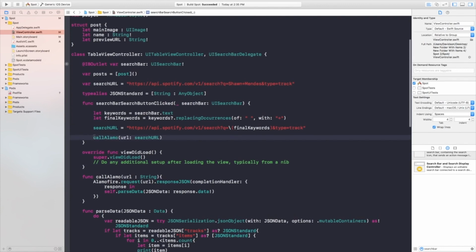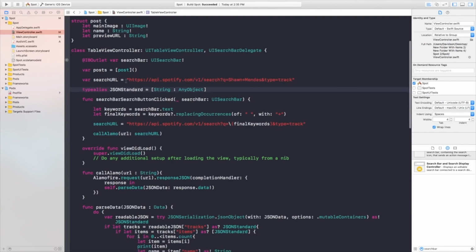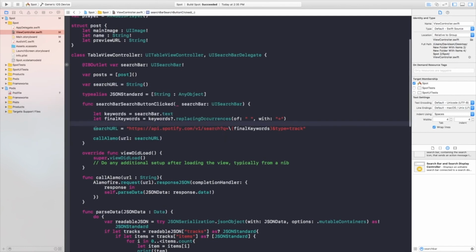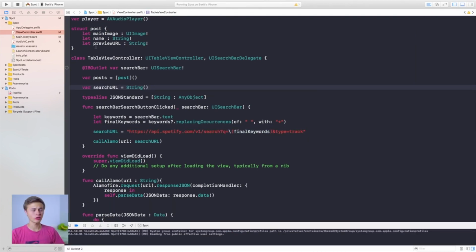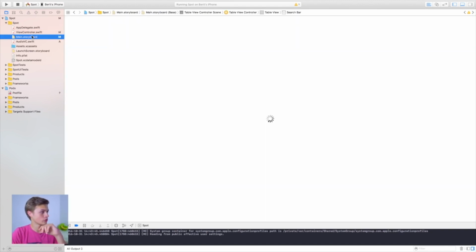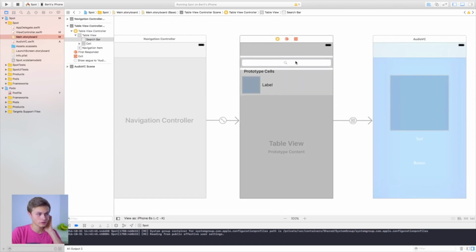that search bar button. Now up here with our search URL, I'm going to take all that out and just say it's going to be equal to a string, because really we only want to load up our search URL when we actually have that all set up properly. Now this is all we need. We automatically have a search bar because of that UI search bar, so when we click on that search bar you can automatically see that that's there. I'm going to show you how to dismiss that view controller in just a minute, but let's continue on. So what I'm going to do is go over here to my main.storyboard, click on the search bar,